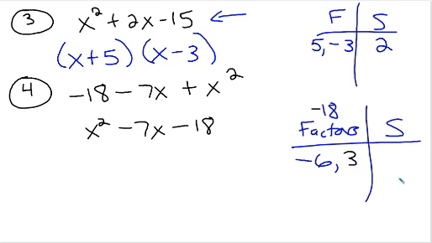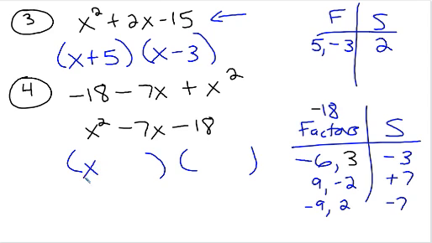Negative 6 and positive 3, well, negative 6 and positive 3 add up to be negative 3. That doesn't work. How about if I did 9 and 2? How about positive 9, negative 2? That multiplies to be negative 18, but they add up to be positive 7. So flip your signs around. How about negative 9 and positive 2? That works. So this thing factors into x minus 9,